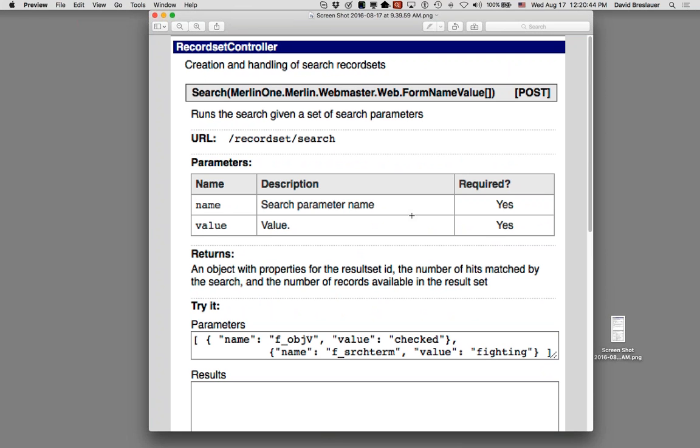Every method, every portion of the API is self-documenting. And in fact, as you see here, there's a try it block on the screen that shows example parameters. You actually have the ability to paste in JSON to format the request, click a try button, and see the results come back as JSON. So it's an API that comes with its own documentation and its own test and debugging platform to make it